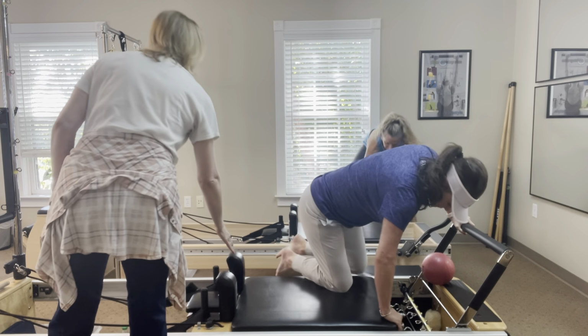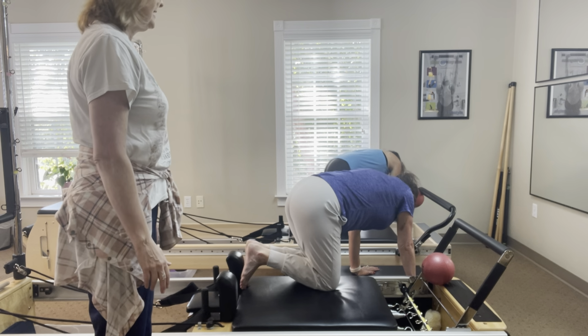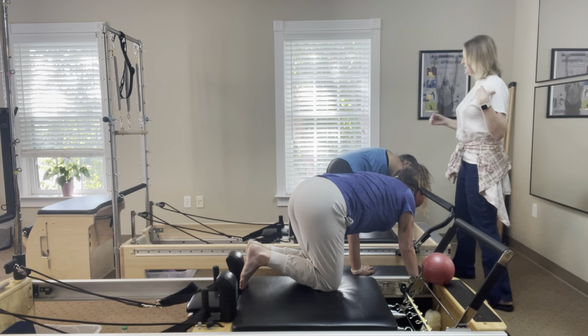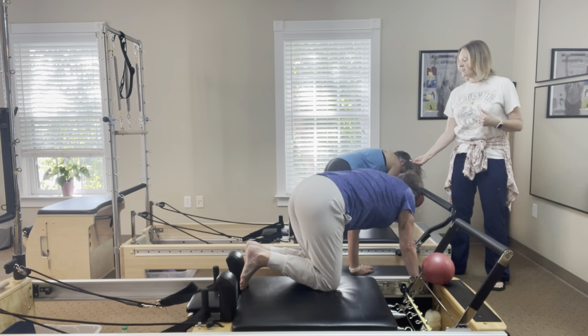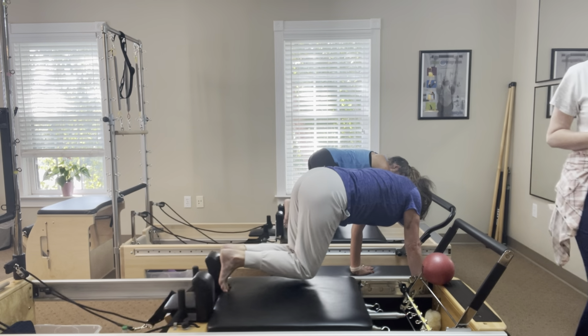Kneel on your carriage. Place both feet against the shoulder pad closest to the box that's on the floor. So both feet have to be up against there. Then your hands are going to go onto the box. Make sure that you don't have them in an area that would tip the box over, and they should be shoulder width apart. Pick your kneecaps up off the mat and kick the carriage out and in, into a plank